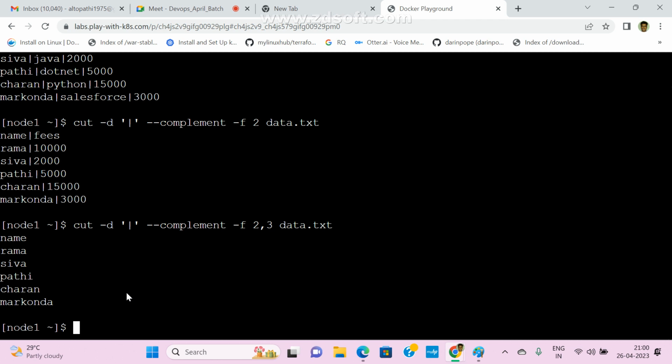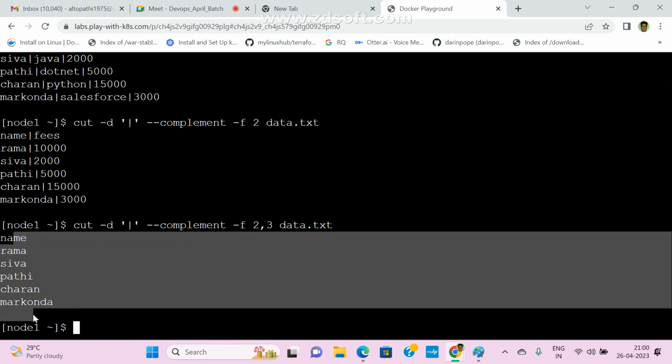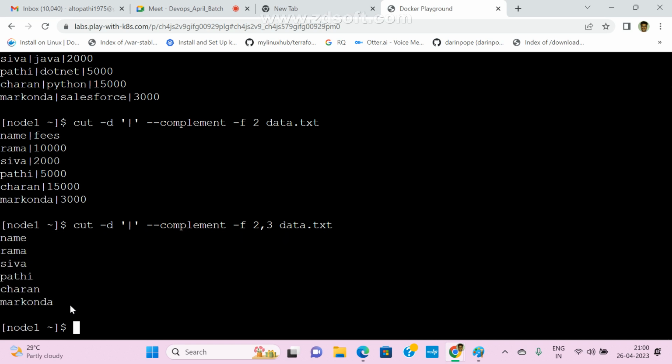I don't want the second column or the third column, I want to exclude, skip them. So same, cut -d, delimiter, --complement, -f field. Second field and third field I don't want. If you skip these two fields, I have only one field remaining, the first column. Clear? Okay, sir.